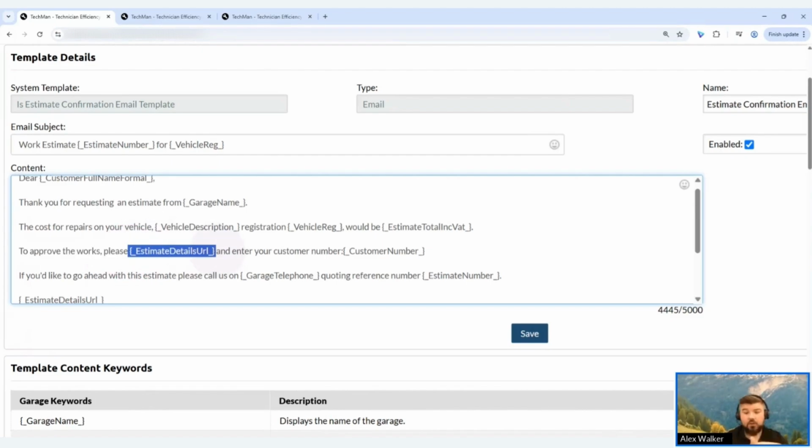They will be able to click on the relevant link and they will be prompted to enter their customer number, which will pull through from the estimate anyway. The customers will have their emails open at that point if they've clicked on the link, and they'll be able to authorize the work. If you don't have this section,